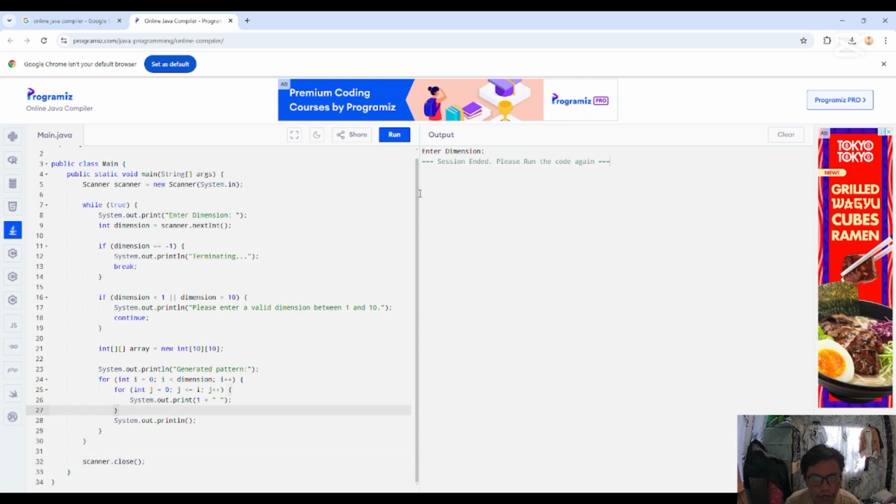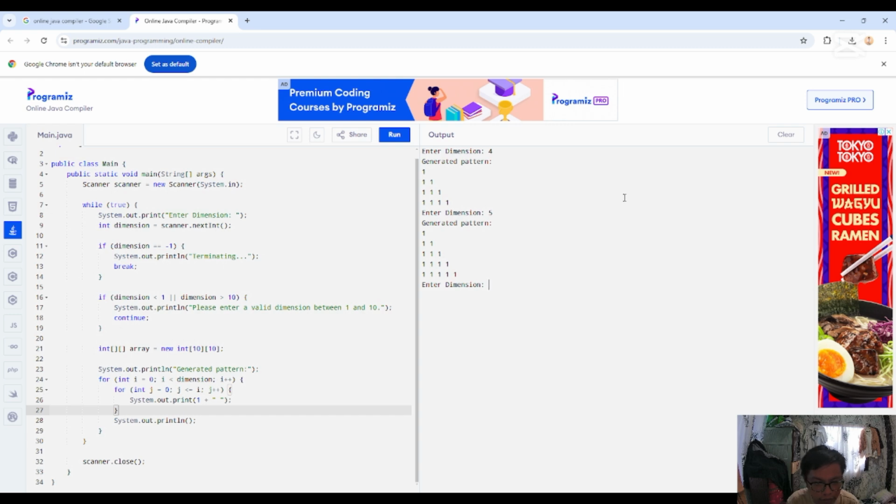So we will try to run our code. So here it is. Enter dimension 4. Generated pattern. Then enter another dimension, 5.